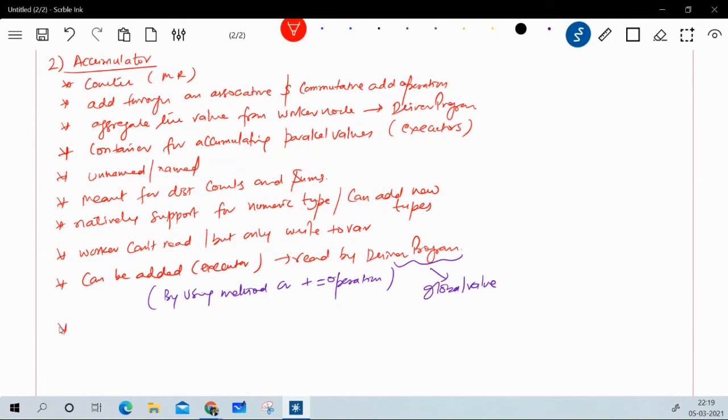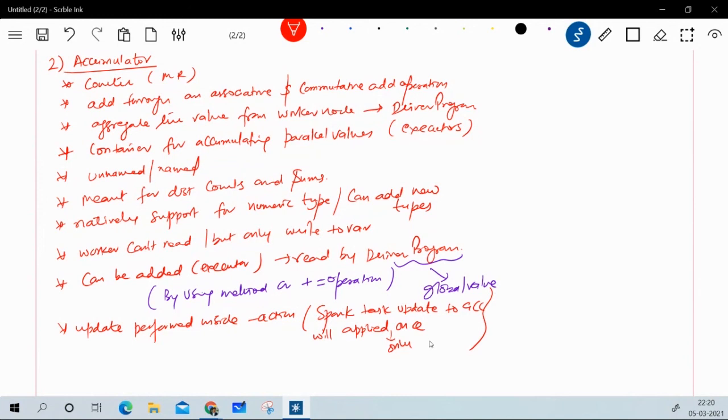Now here, during this accumulator addition or incrementing, the update is performed inside the action, and Spark guarantees that each task's update to the accumulator will only be applied once. It means it's only applied once.